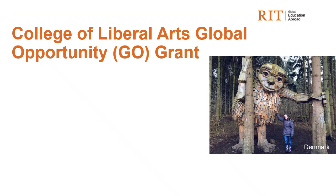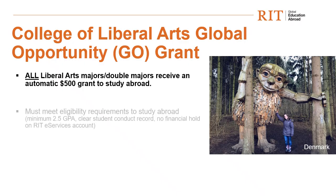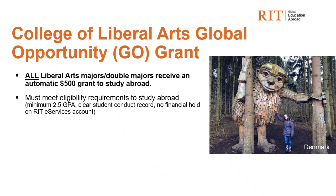Plus, there are study abroad scholarships that you could apply for. The College of Liberal Arts Global Opportunity, or GO grant, is an automatic grant for all liberal arts majors or double majors who study abroad. As long as you meet eligibility requirements to study abroad, the main ones being you have at least a cumulative 2.5 GPA or above and have a clear student conduct record, you would be awarded this funding towards your study